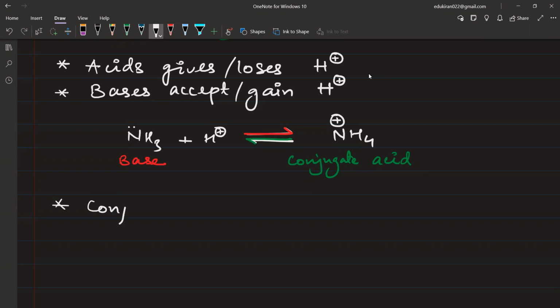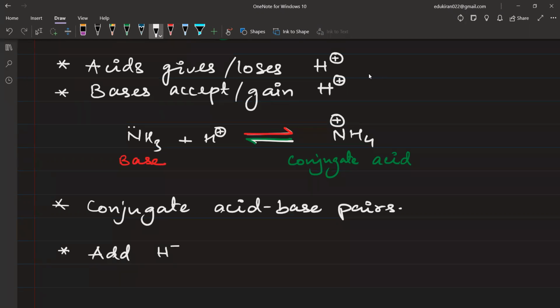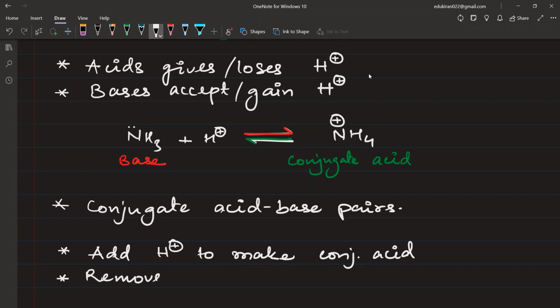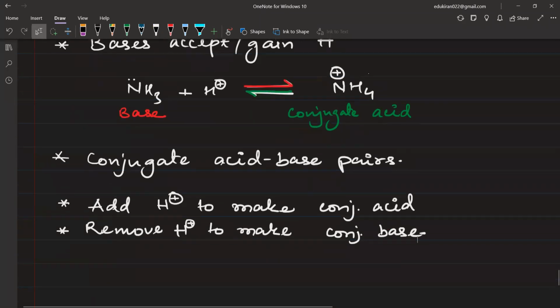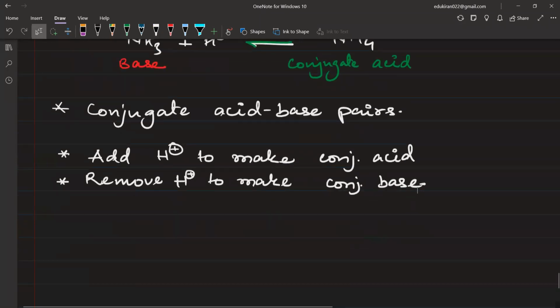He said that conjugate acid base pairs, है ना। अब उन्होंने कैसे define करेंगे what is conjugate acid conjugate base में, see here, add H plus to make conjugate acid, और किसी चीज से भी अगर आप if you remove H plus to make conjugate base, ठीक है। अब यहीं से आपका सवाल एक है 7.34 और 7.35 में ही है in your NCERT।